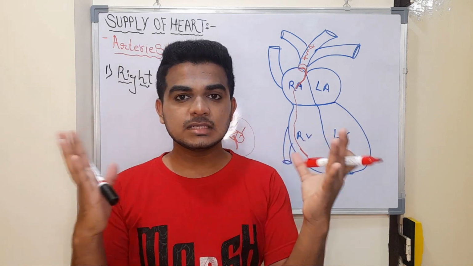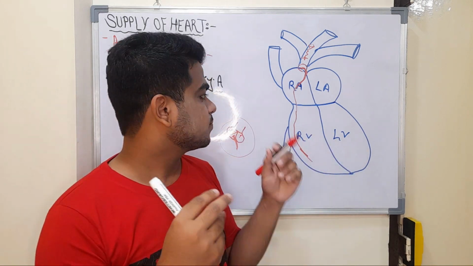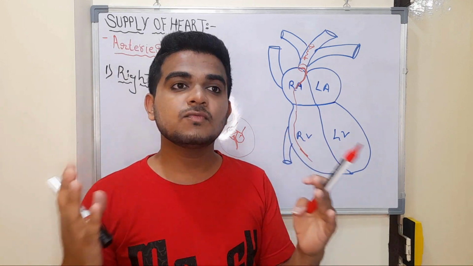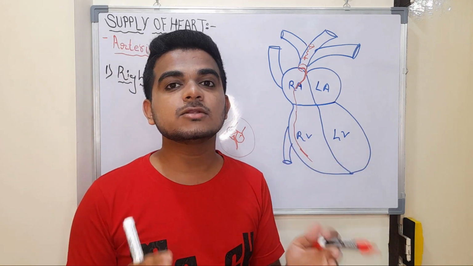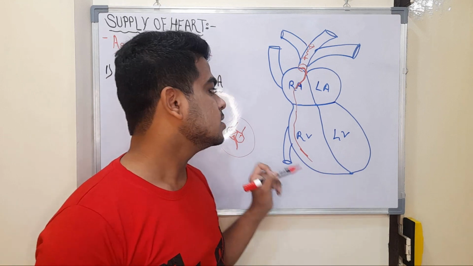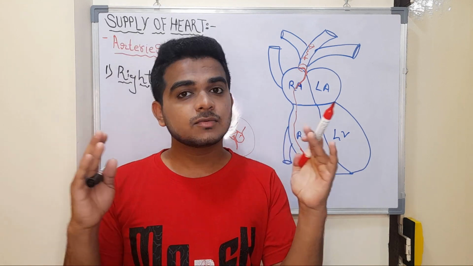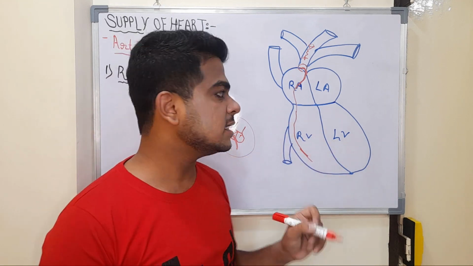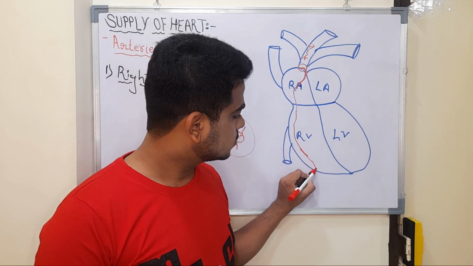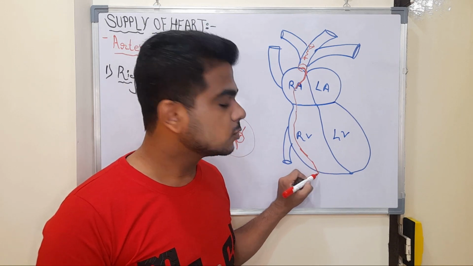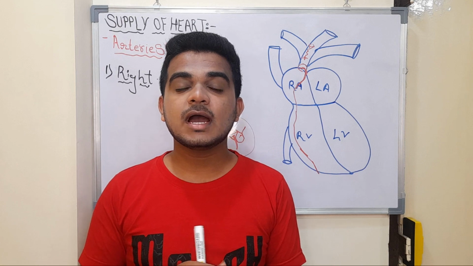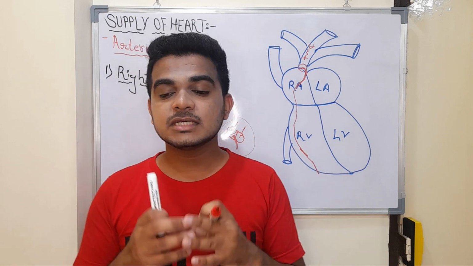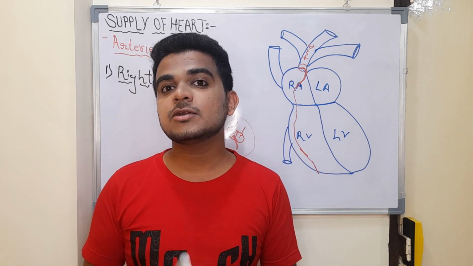Wind means it covers the whole ventricle through a network of arteries. That's why it is known as winding around the right ventricle and going downward to reach the inferior border of the heart. After going downwards, it reaches and supplies the inferior side of the heart.